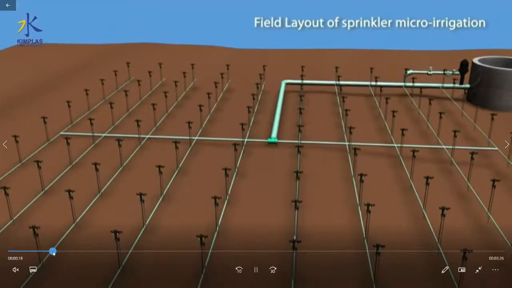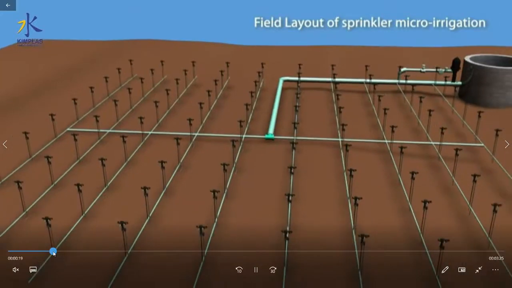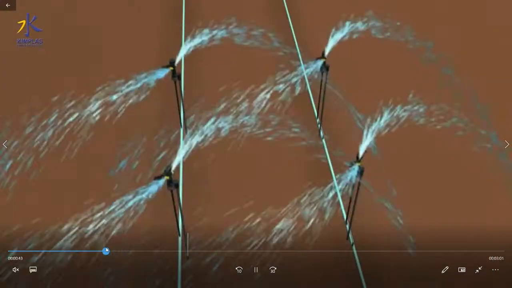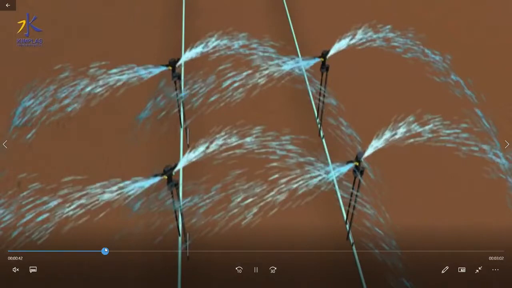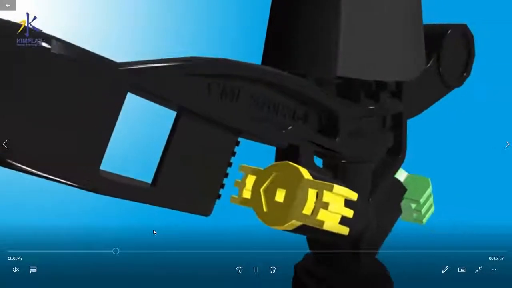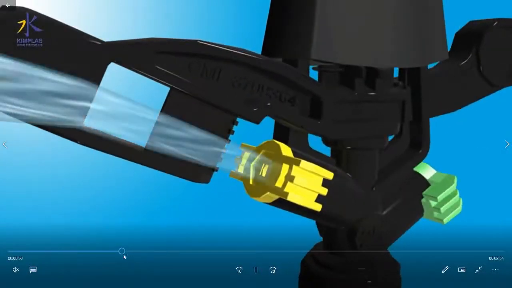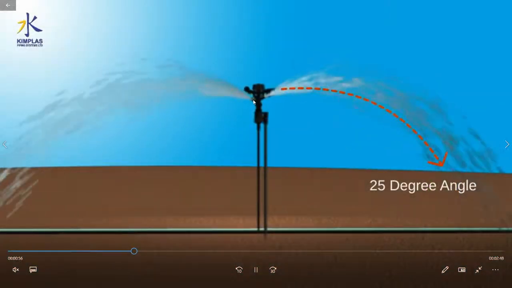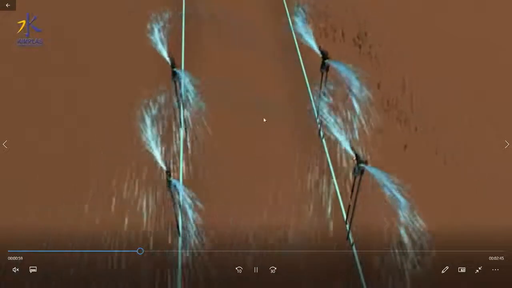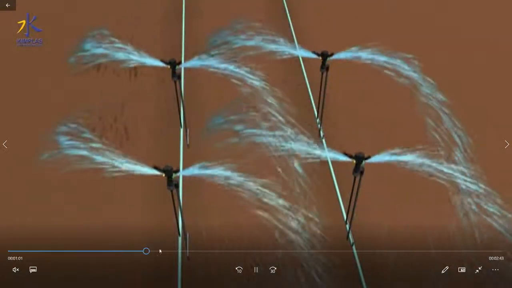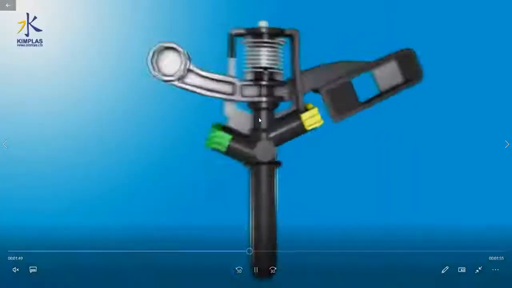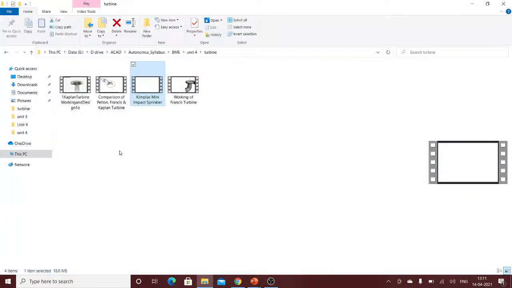Now, generally you have seen the sprinklers. Sprinklers have the same principle as the Kaplan turbine. Now, due to the reaction of high velocity water, the blades are moving. Due to the high velocity jet, you can see here sprinklers are there, they are rotating. Like they are blades of the turbine, and due to the velocity of water, they are rotating. So it is the same concept of your reaction turbine.